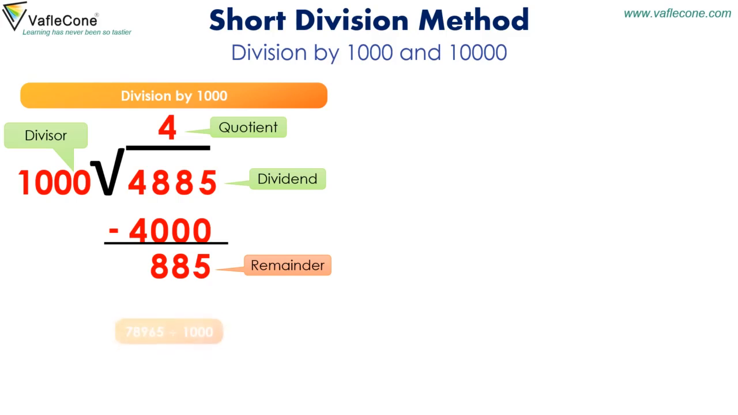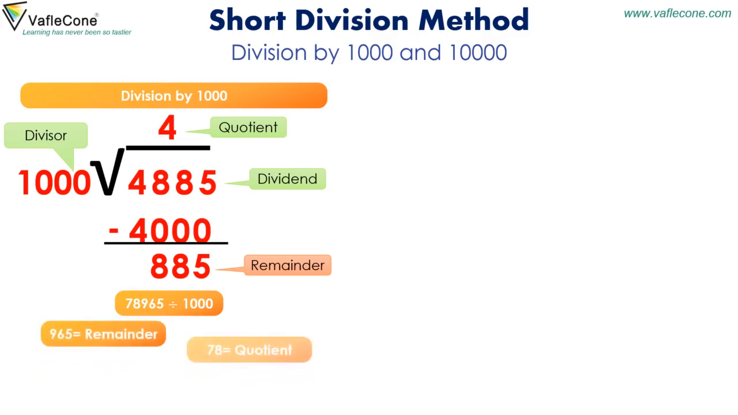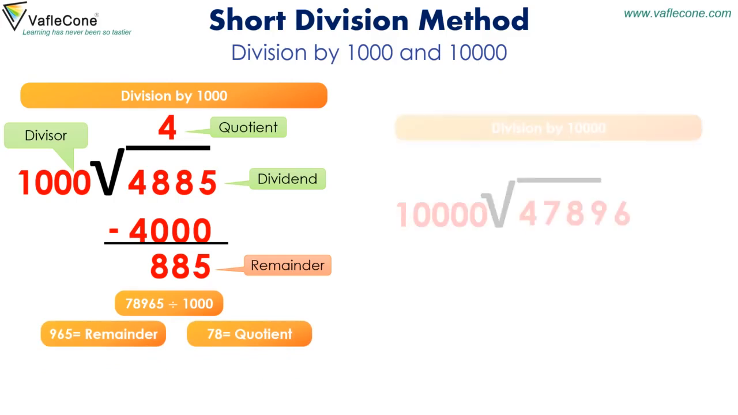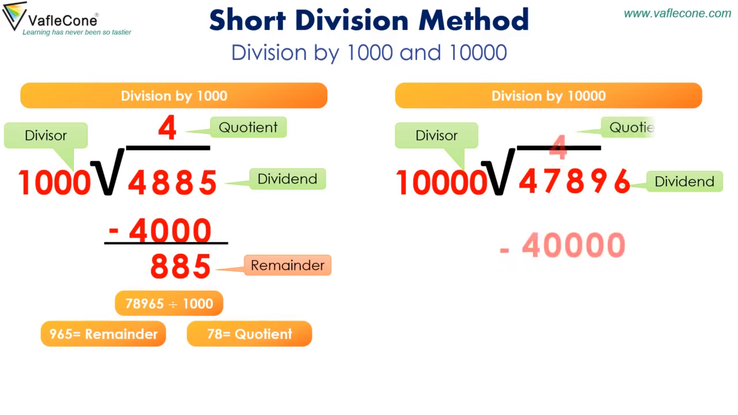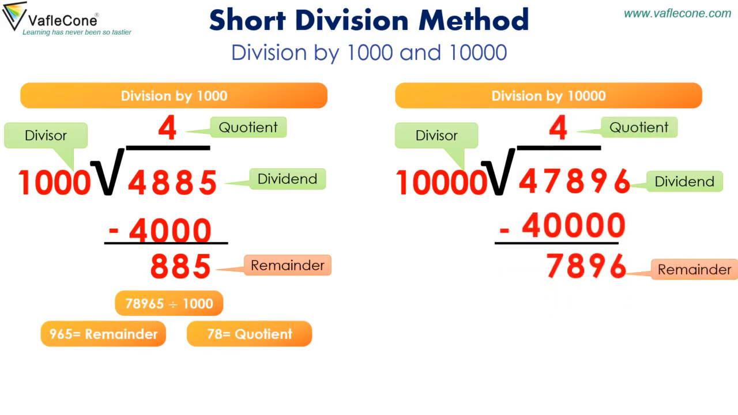For example, 78,965 divided by 1000. Here, 965 is the remainder and 78 is the quotient. Division by 10,000. Here, 47,896 is divided by 10,000 and 4 is the quotient and 7,896 is remainder. So when we divide any number by 10,000, then digits at ones, tens, hundreds and thousands place